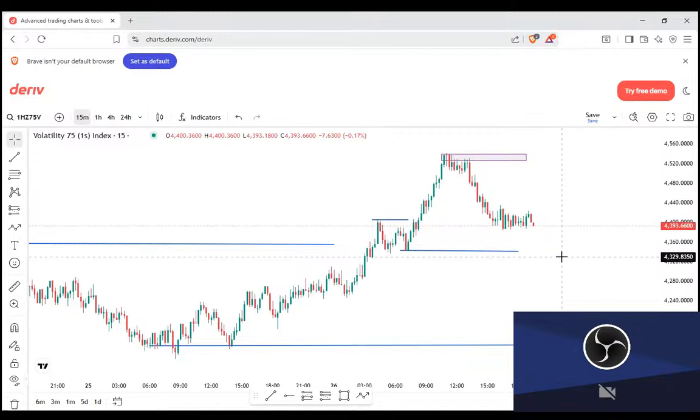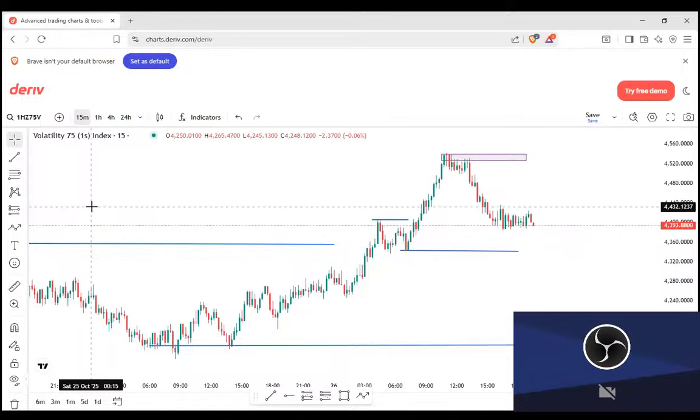You take your entry. So this is it on the 15 minutes time frame. I think I've dropped it from the higher time frames, 4 hours and 24 hours, down to the 15 minutes time frame. For those of us that are still taking the 15 minutes time frame, I've dropped it down to this 15 minutes time frame,